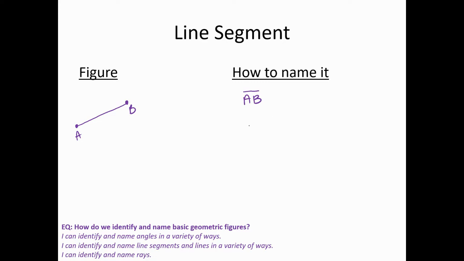And with a line segment as well, you can go in reverse order. It doesn't matter. So you could call it segment BA, and it is the same. Okay, next one, we have array. All right, so for array